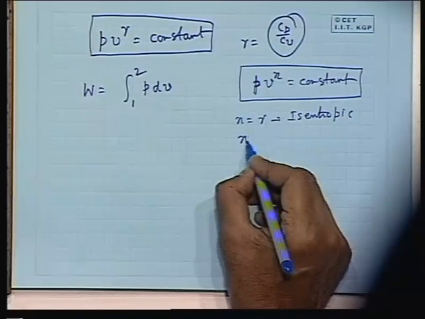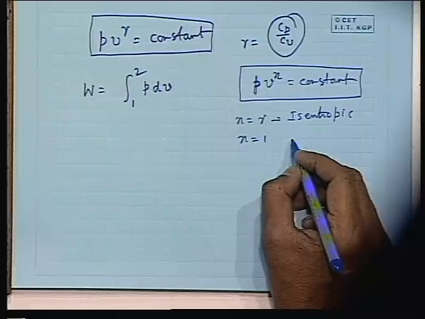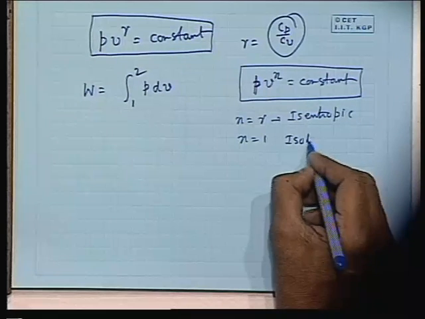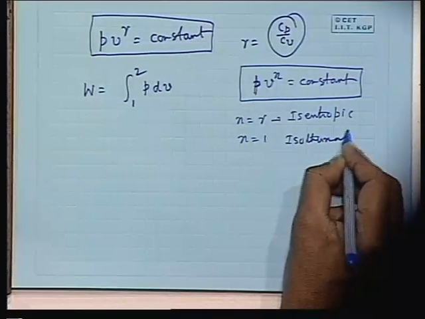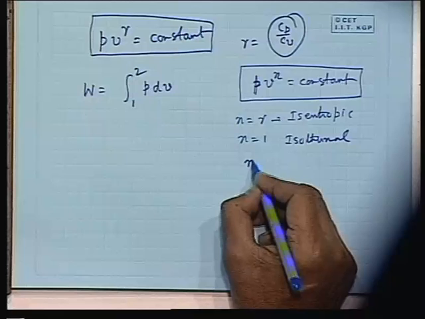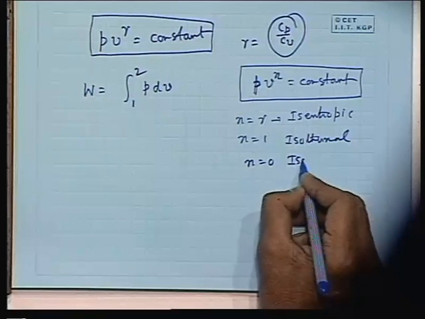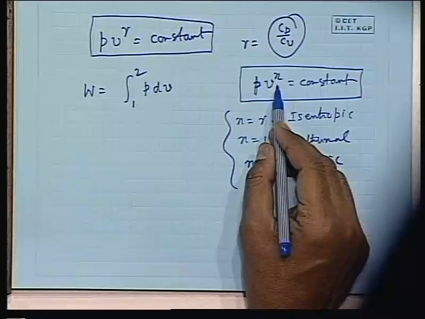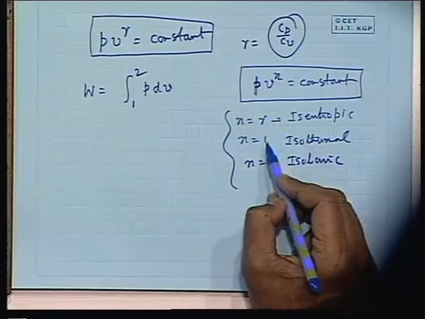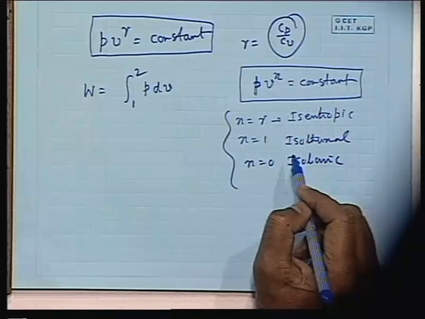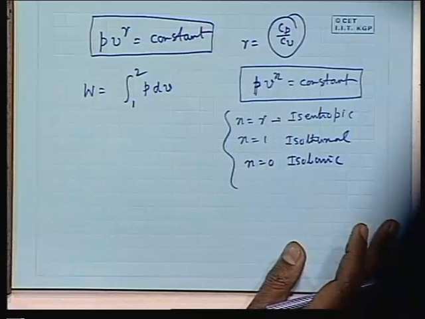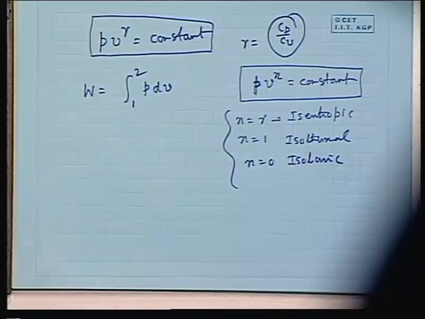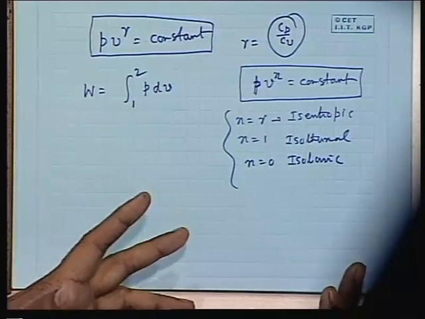When n is equal to 1, the process is isothermal. Very good. PV is isothermal for an ideal gas, all for ideal gas, and n is equal to 0 is isobaric. So you see that for any value of n, which may not be equal to 1 or gamma or 0, it represents a reversible process which may not be isentropic, may not be constant pressure, may not be constant temperature, but it